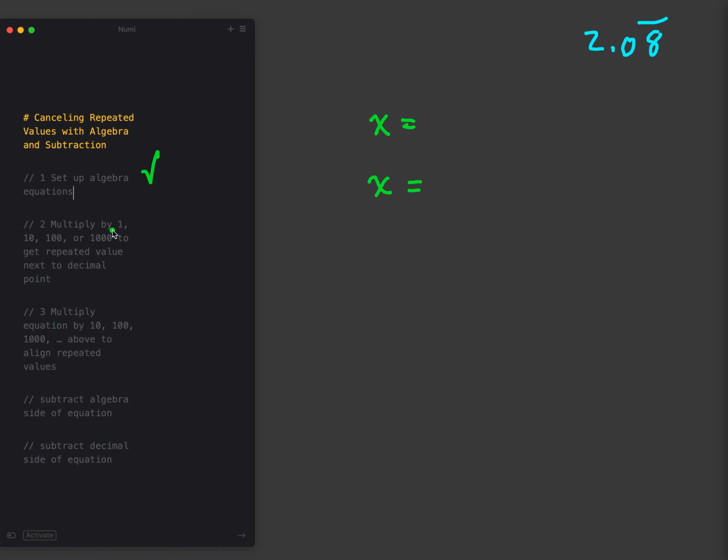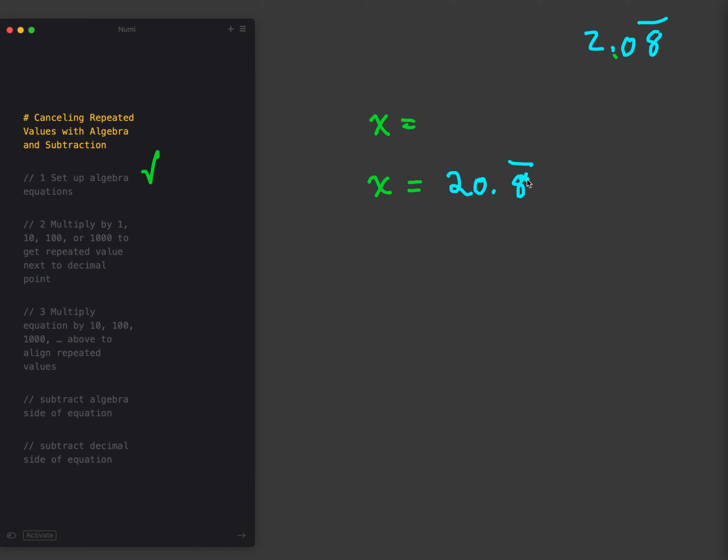So we need to multiply by 1, 10, 100, or 1000 to get the repeated value next to the decimal point. So notice how my repeated value in this case is just 8. It doesn't include the 0. And so if I want to get the repeated value next to the decimal point, I have to multiply this by moving it one place value. And that's also known as multiplying by 10, right? Because I'm moving it one place value. And so I'm going to say that we're going to multiply this by 10, and I'm going to end up with